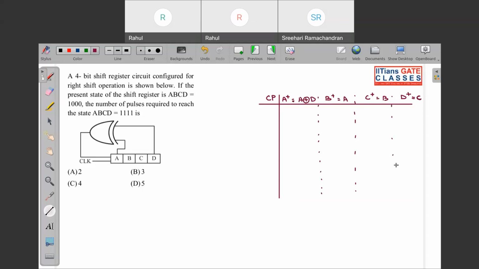So this will be the level of questions that will be asked in HL. Okay, so you can see that initially it is given a 4-bit shift register circuit configured for right shift operation. Okay, so right shift means like this